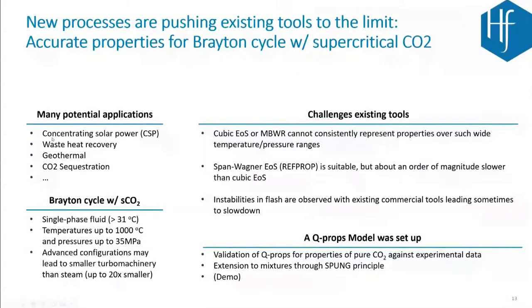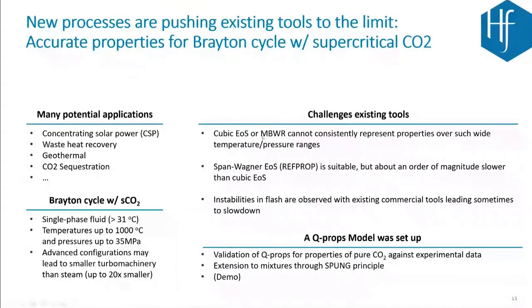The Brayton cycle for supercritical CO2 has potential for applications in, for instance, concentrating solar power, waste heat recovery, but it's also relevant in other parts. What's special is that it's basically a supercritical fluid. The temperatures go really high and pressures as well, but they allow advanced configurations leading to smaller turbo machinery than steam. Now, if you want to go and simulate such a plant in a process simulator, you're running into problems